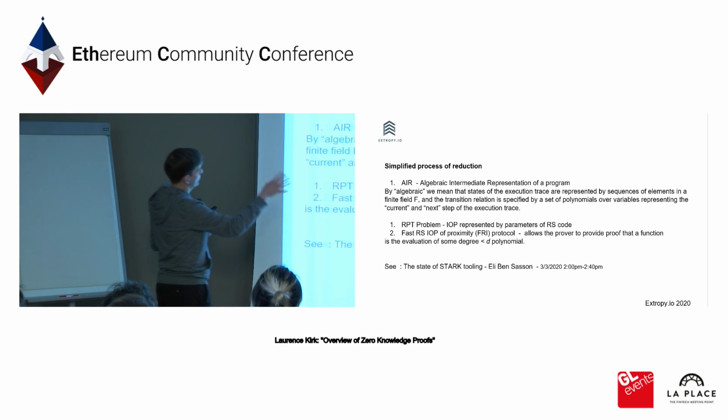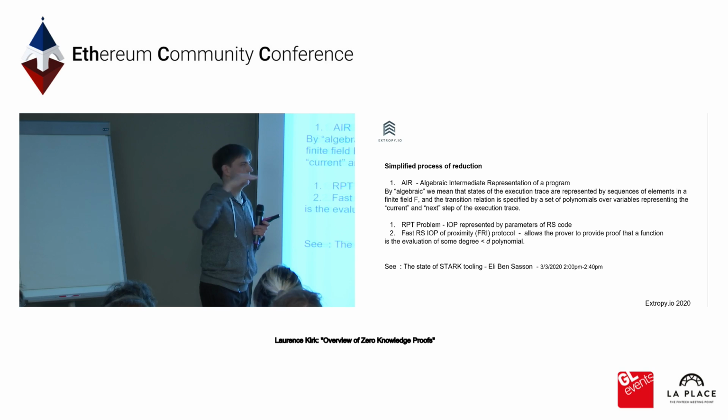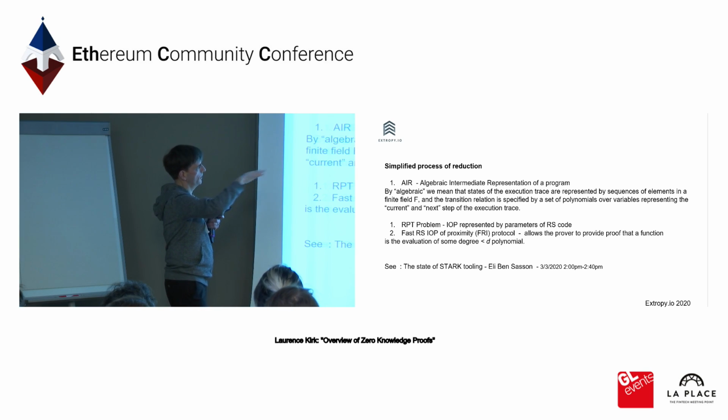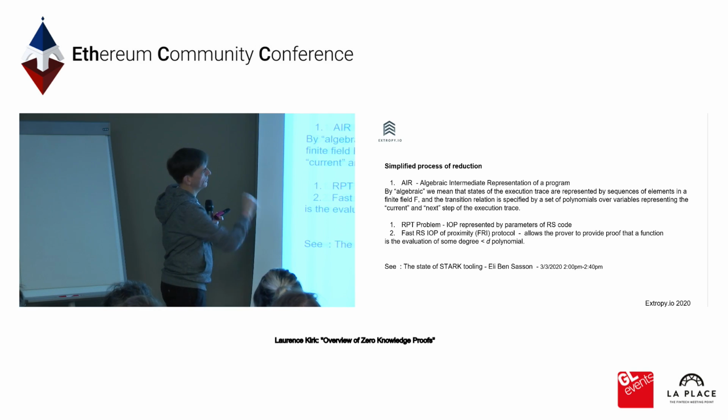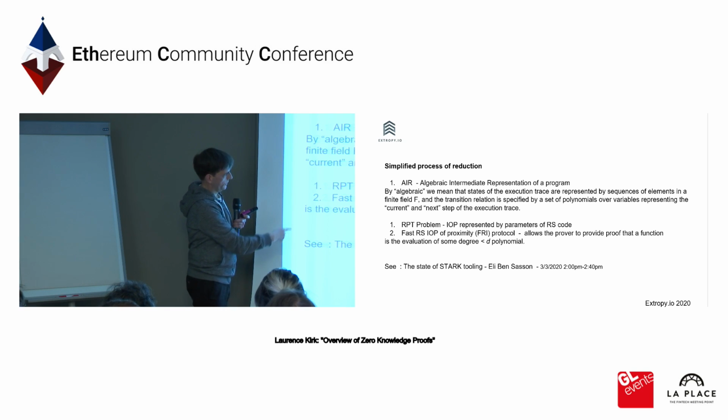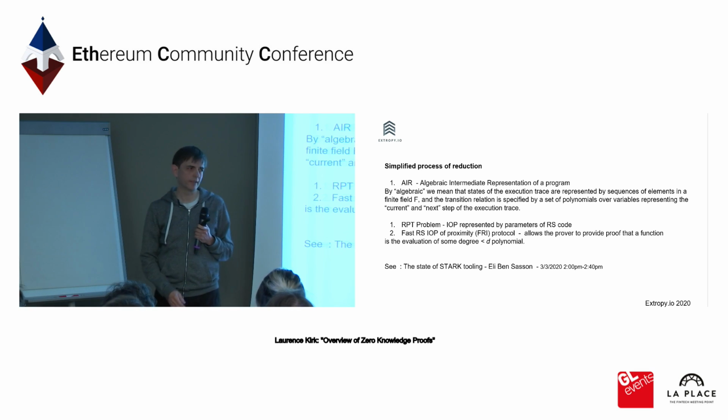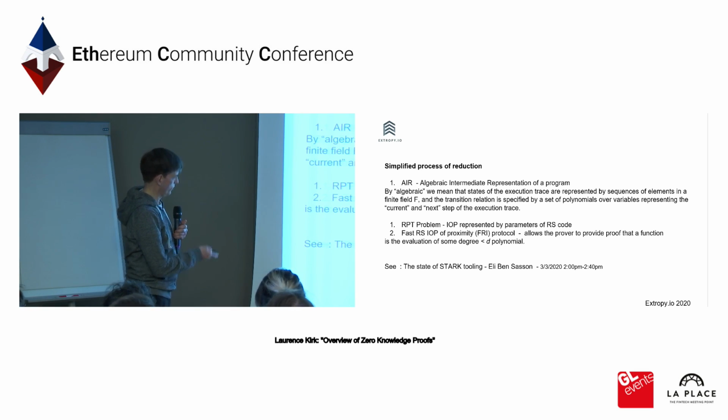Just quickly, the process: they go through this intermediate representation of a program, which is really going through a set of steps, and you're looking at the traces of them. They describe it as being like registers, and you just go through the steps and have the functions to produce the next step. Starting with this intermediate representation, it's then further defined, and goes through the FRI protocol, etc. I won't go into that anymore. Again, there are better people to talk about it than me. This afternoon there'll be a talk about that, so please check that out if you're interested.